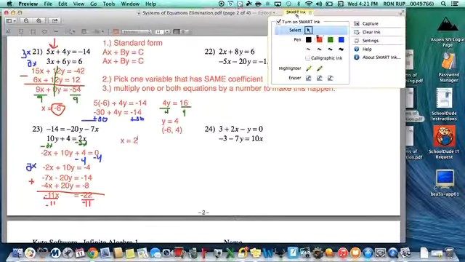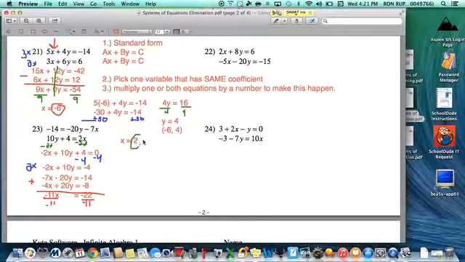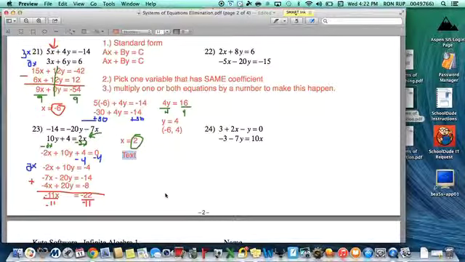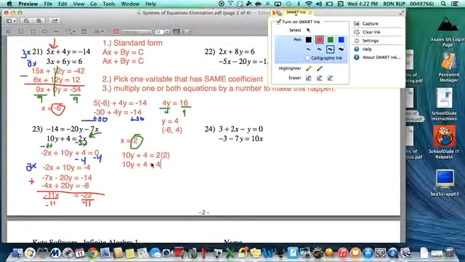And then once again, if x equals 2, I've got to solve for y. I'm going to solve for y by plugging 2 in for x. So how would that look? 10y plus 4 equals 2 times x, which was 2. That becomes 10y plus 4 equals 4. If I subtract 4 from each side,